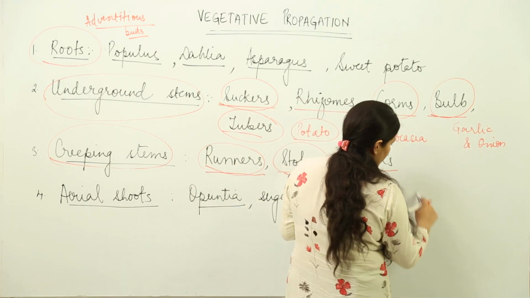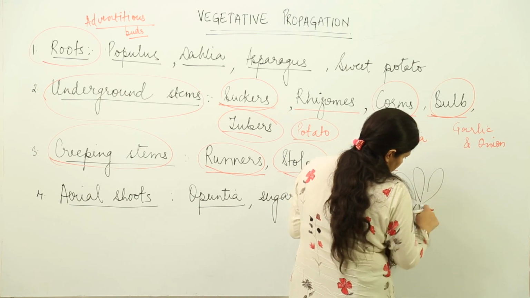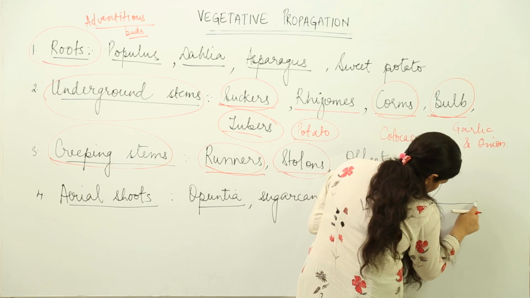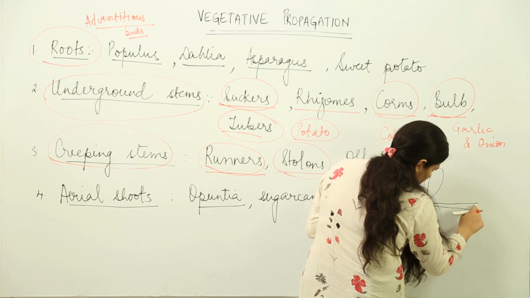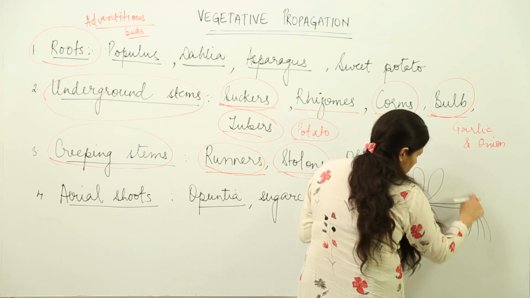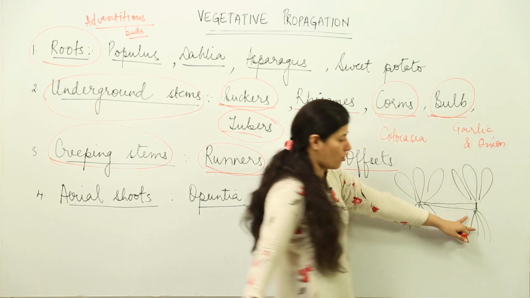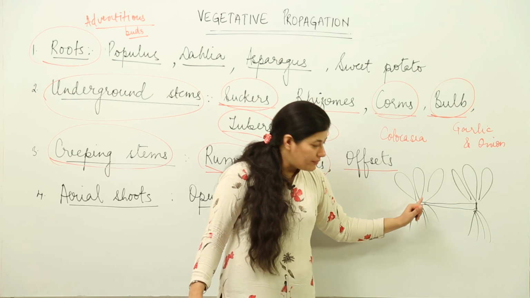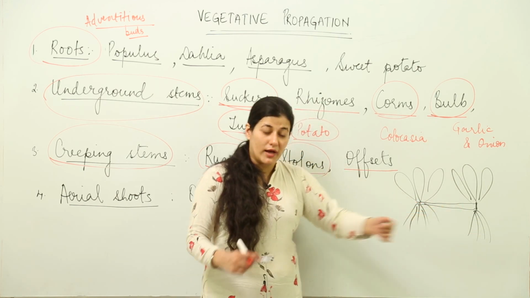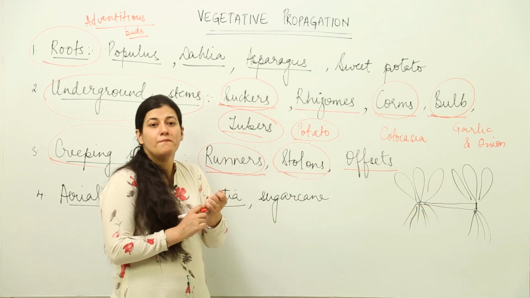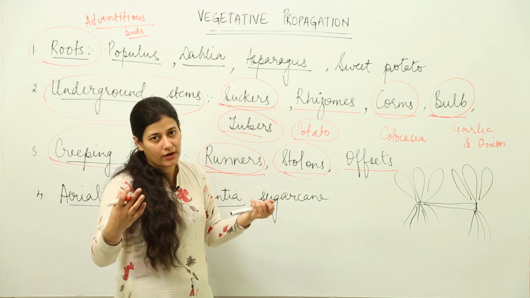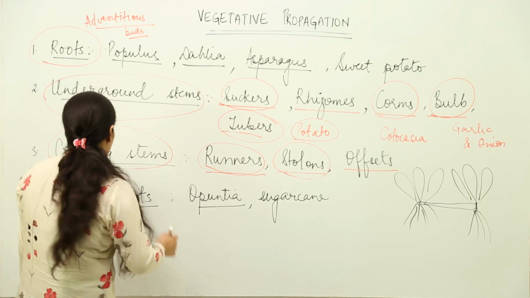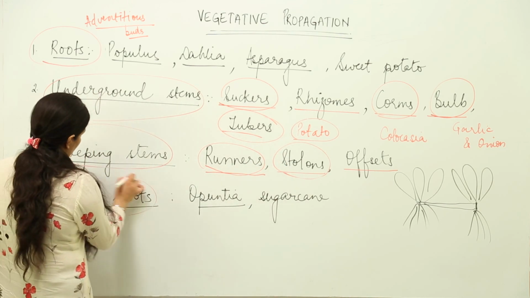Supposedly this is the plant, it is having leaves like this, these are the roots. Now the stem goes in this direction, wherever the node comes, roots and leaves would be formed over there. So you can make it out that this offset which is arising from the plant is giving rise to a new plant, and that is why the plant has an immense capability of giving rise to new plants thanks to this vegetative propagation method.